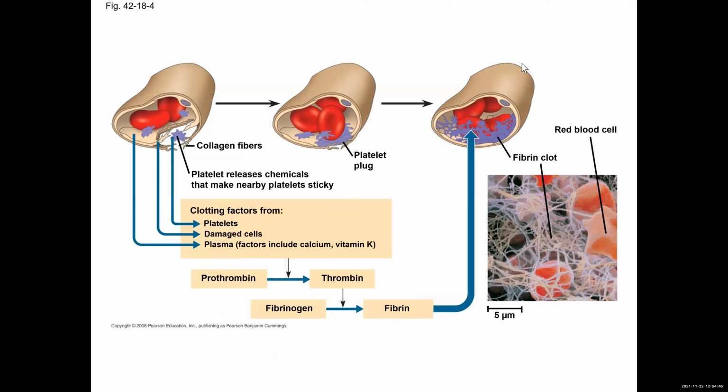All right, so we want to have the ability, when we have damage to a blood vessel, circulatory system structure, to be able to repair it. Okay, we live by having an intact circulatory system. Remember, it's a closed circulatory system. We especially don't want it to be open to the outside world and be squirting blood all over the place. All right, so we have a mechanism that is going to be able to form a structure called a clot,